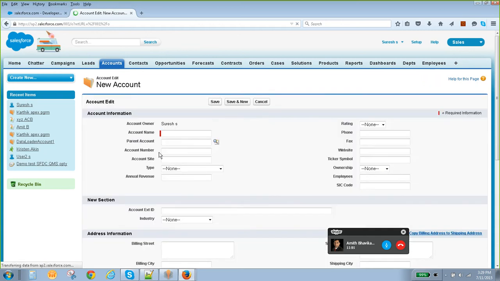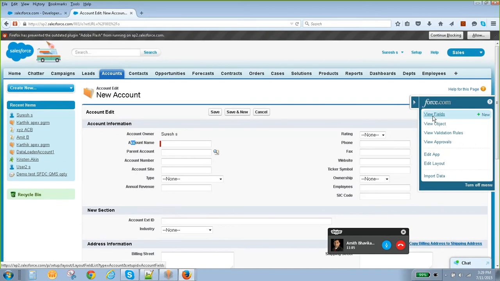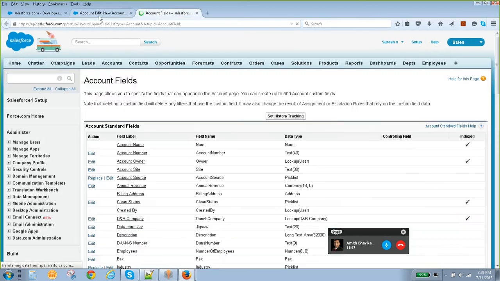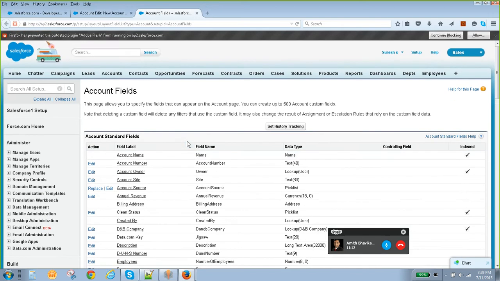Account name, whatever it may be. So this is UI-wise creating. How do we create all these accounts dynamically? Let's say I write one customized Visualforce page where I am taking all the details, and dynamically I have to write code for creating an account.